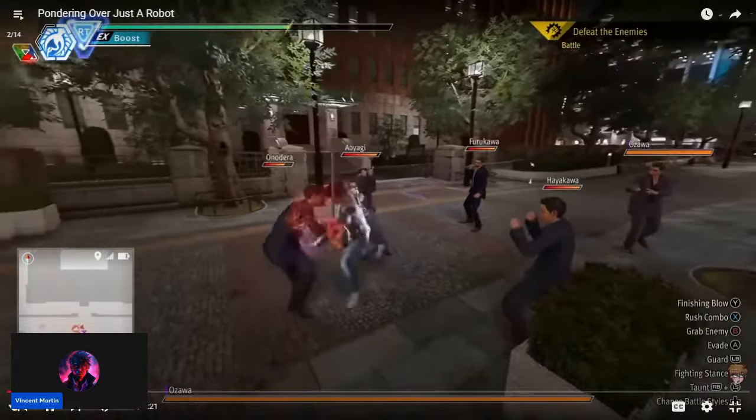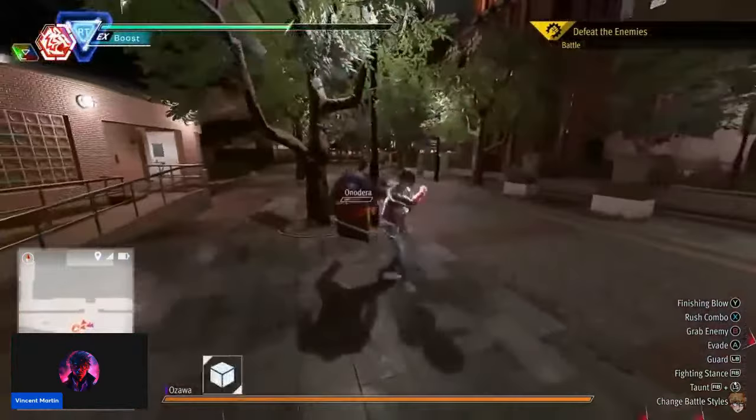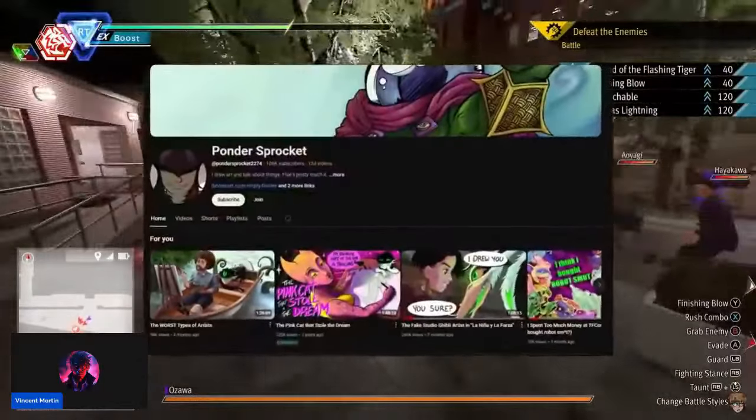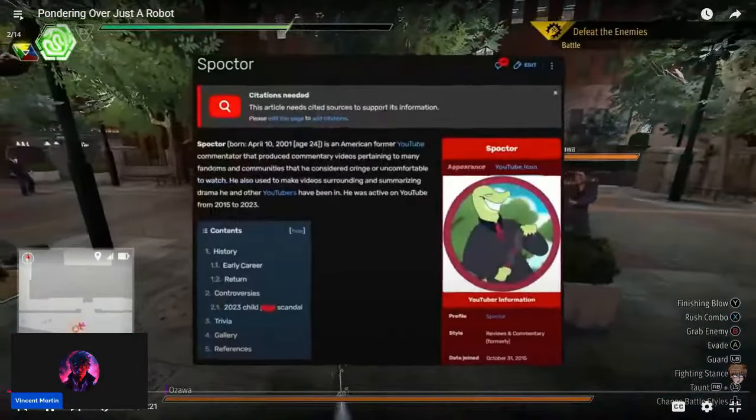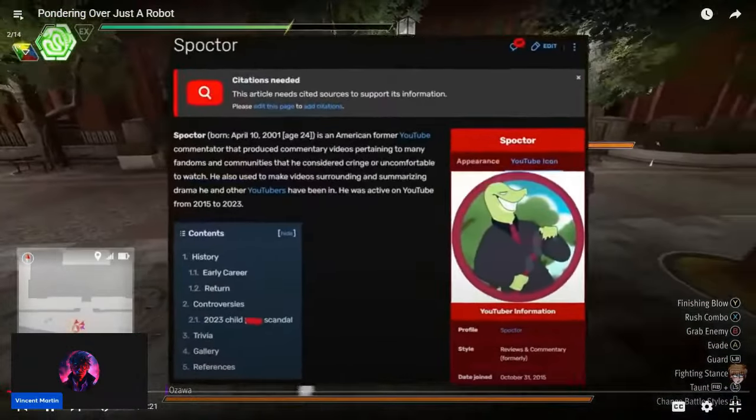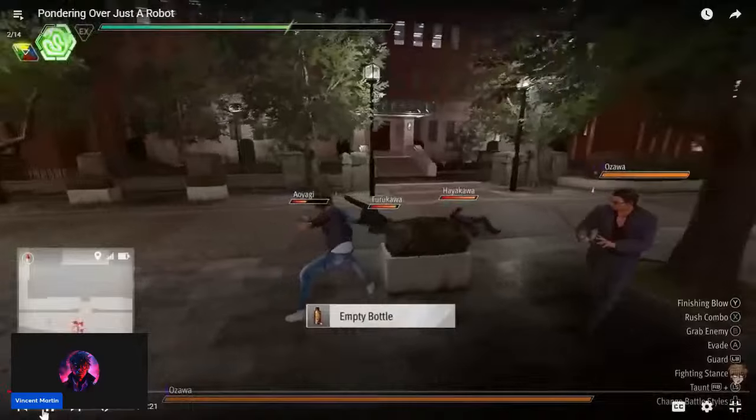Some things are so big that they inevitably catch your attention. Recently, Pondersprocket, a creator I used to be on good terms with up until a few weeks ago when all this stuff started to surface, has come under fire for a lot of bad things involving a creator called Spoctor. If you'd like some more information on that...